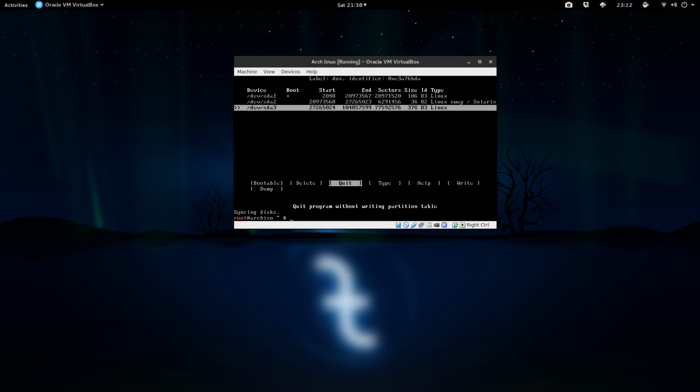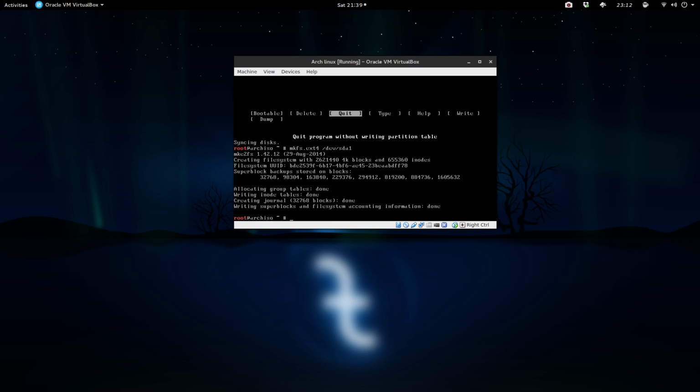So what we need to do is do that for the root and for our home. So we're going to do mkfs.ext4, and that just is make file system dot ext4, and then you're just going to do /dev/sda1, click yes, and then the same thing for sda3.